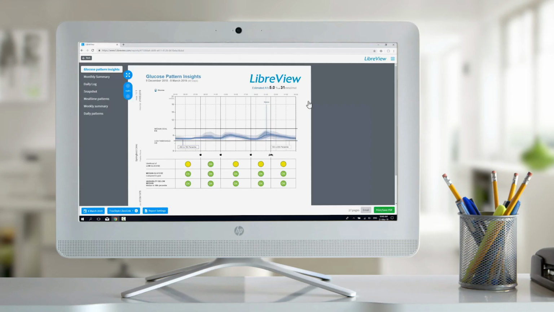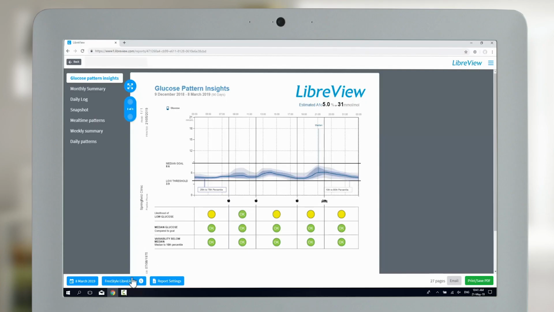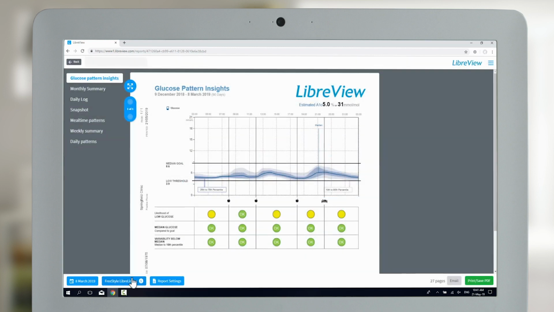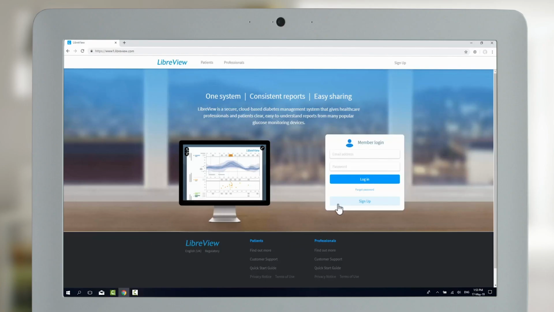Since LibreView is web-based, you'll be able to access your patient's glucose information from anywhere with an internet connection, even outside of the office. You can connect FreeStyle Libre, FreeStyle Libre Pro, or other FreeStyle branded devices to create standardized reports. Sign up for your account at